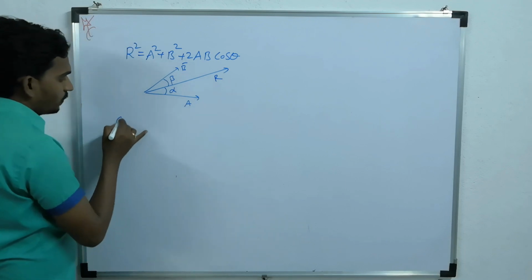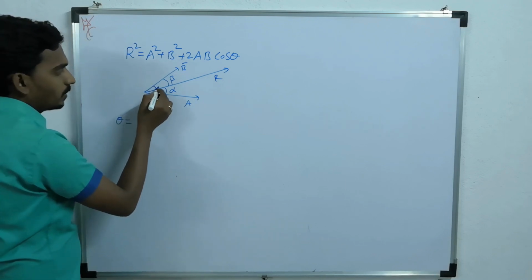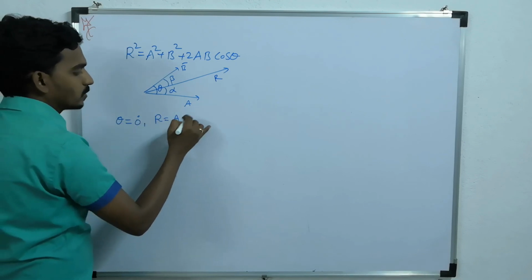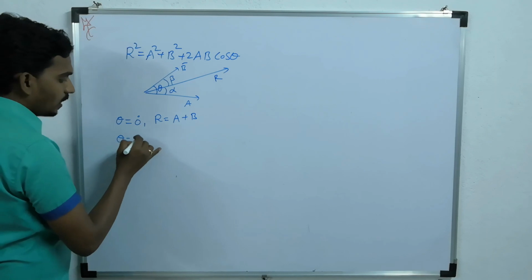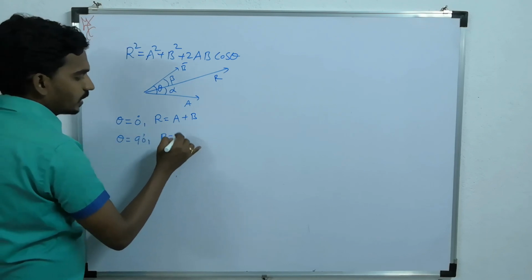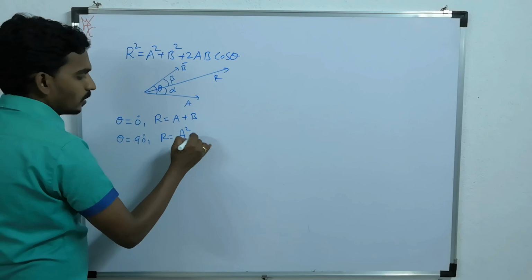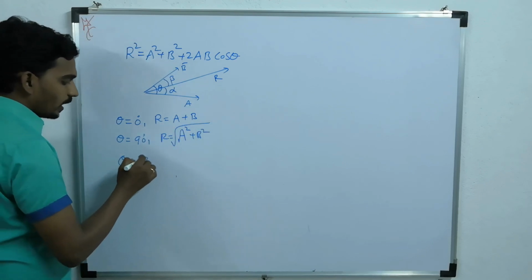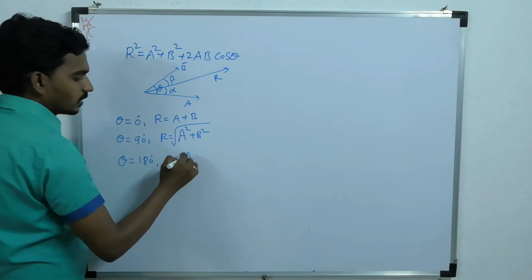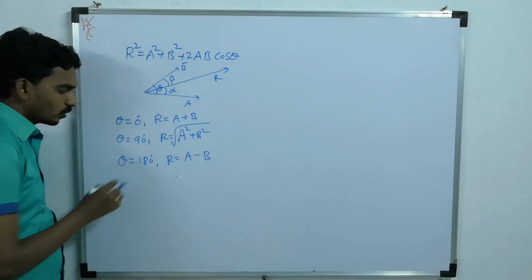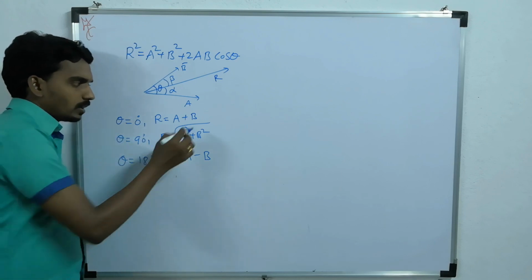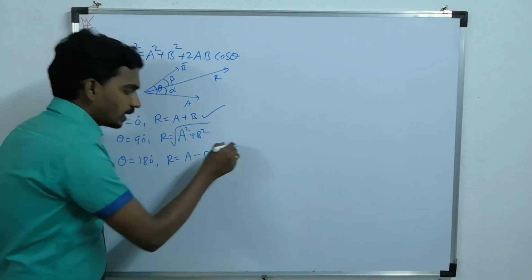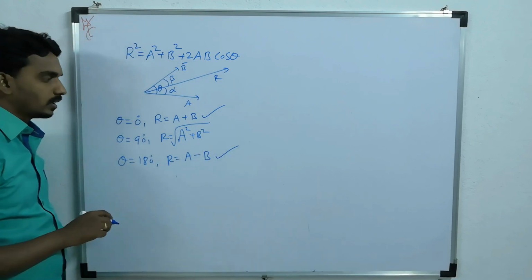Now if theta, the angle between both of them, is 0 degrees, the resultant is a plus b; at theta 90 degrees, the resultant is under root a square plus b square; and at theta 180, the resultant is a minus b. So here if you observe, the maximum resultant is a plus b, the minimum resultant is a minus b,